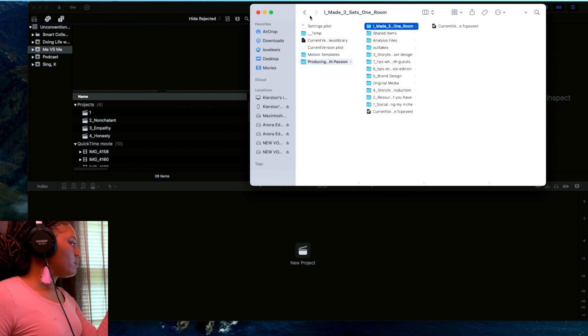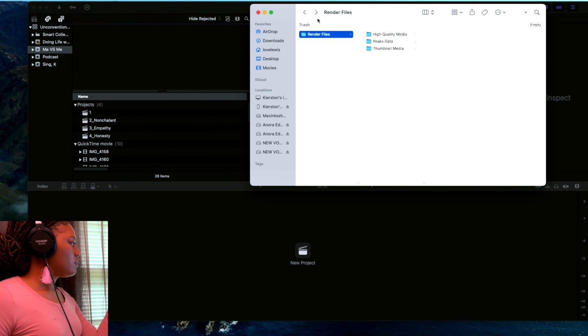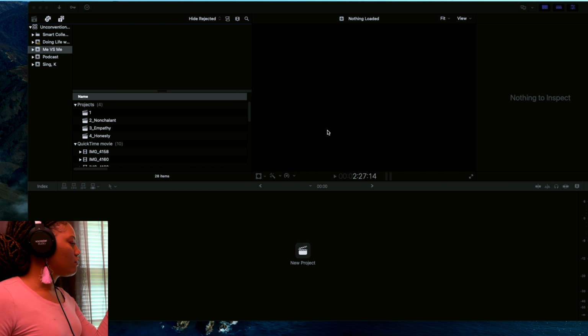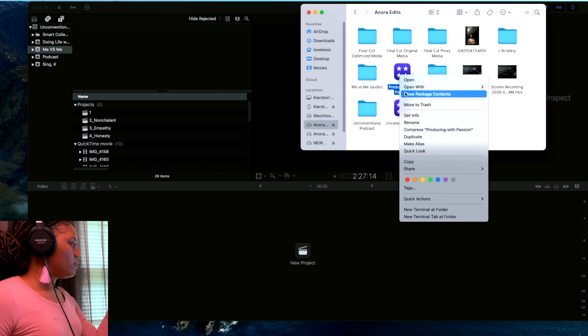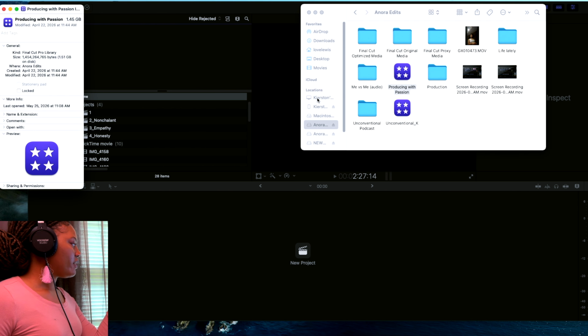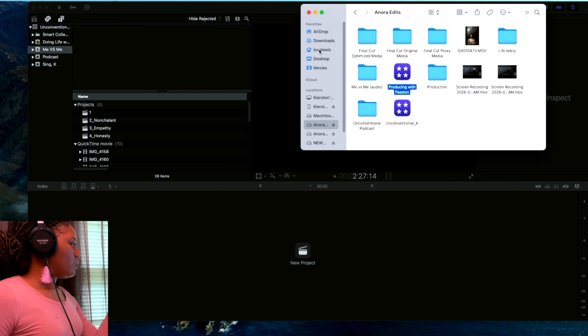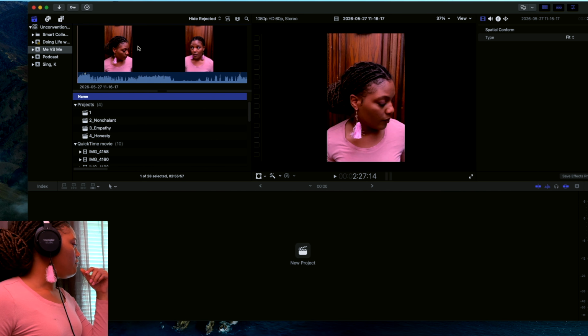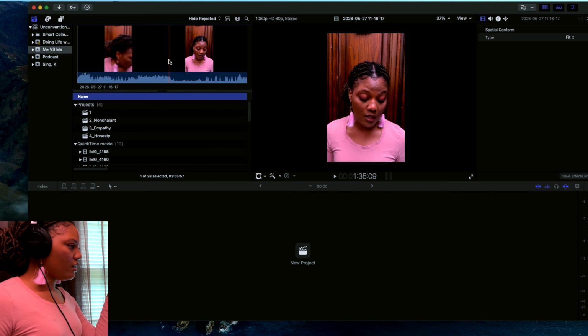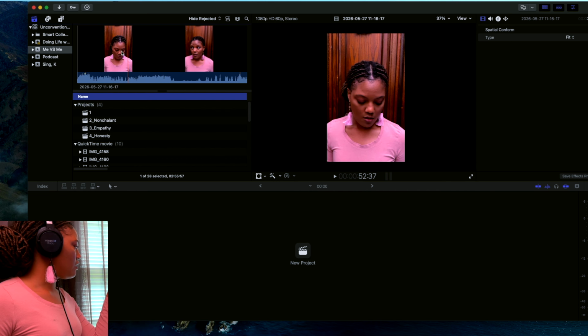Boom. So now that those render files are deleted, now let's go back, get info. It was like 7, and now it dropped 6 gigabytes. You know what I'm saying? So this is why I always go straight for deleting render files first. So now that the videos have clearly imported because they're showing in the media section,